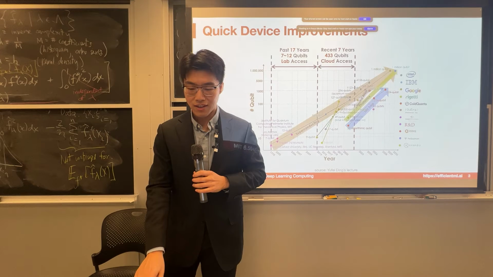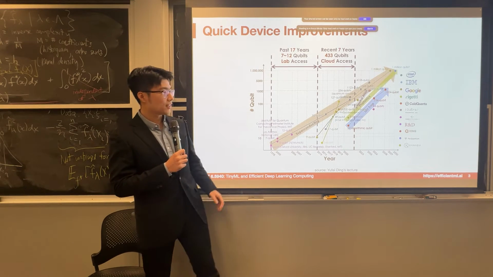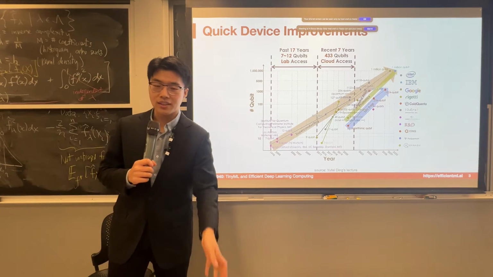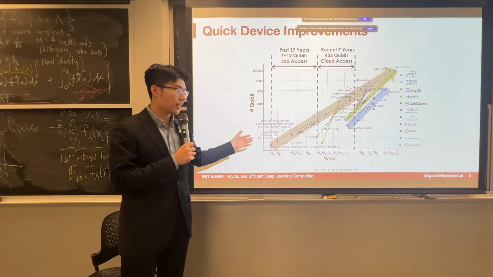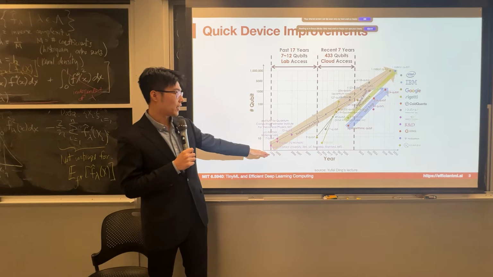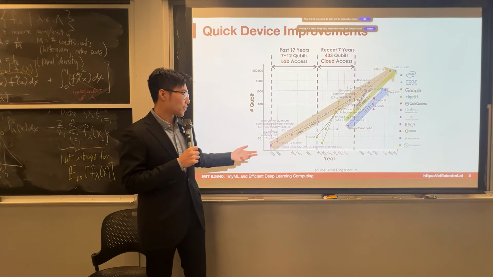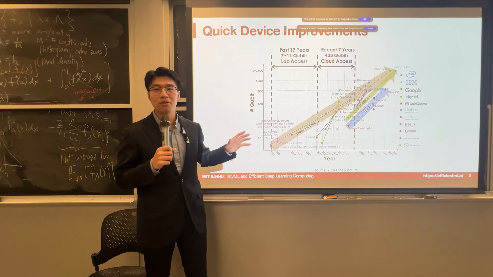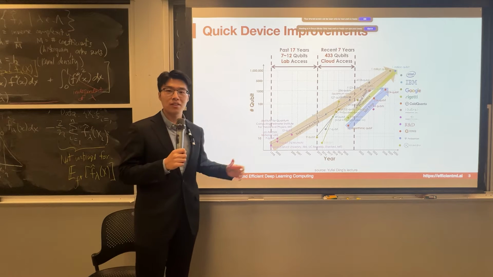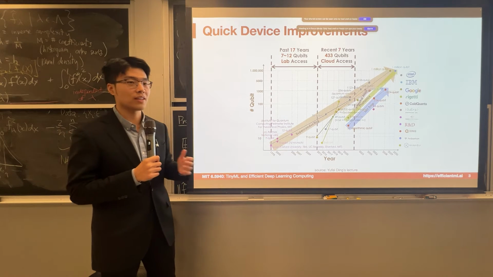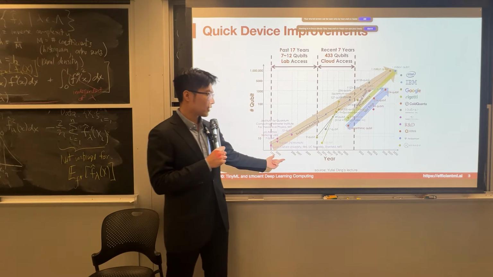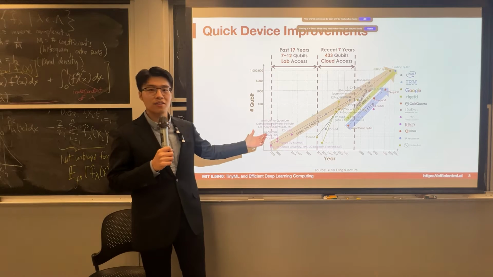So let's get started. Here is a really nice summarization of the previous years of the development of the quantum machine. We can see that back 20 years ago, we first had the quantum machine in 1998, where we just developed 2 qubits. That's a really small system, and we don't have to do any optimizations automatically, because we can manually design all the compilations, all the schedulings, and also all the pulse signals just by hand because of the small scale.